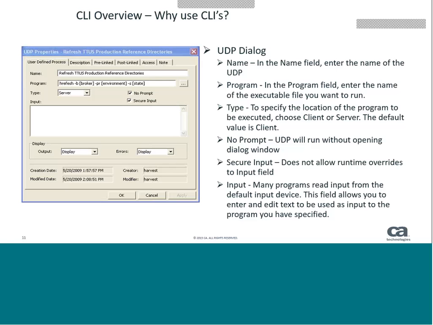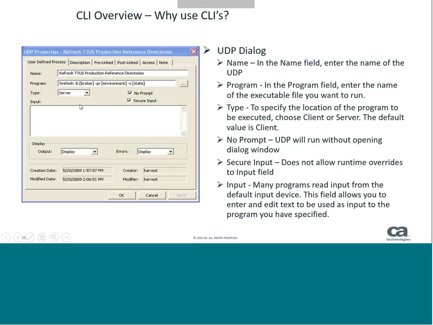Do we have user-defined processes that are being used across the organization, whether they be pre-linked or post-linked? That could be as simple as using them to do their mail notifications. But I just want to get a sense, are people using them, because there's a lot of capabilities in the user-defined processes to start automating things. If they're just using it for mail, then maybe they want to start thinking about, well, what else could we actually automate here that makes sense in the organization so that we improve accuracy, improve efficiency, and basically take some of the onus off developers or builders or release managers to do work, and can we start automating that in